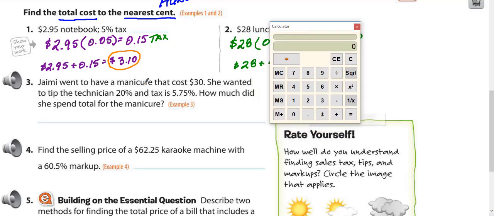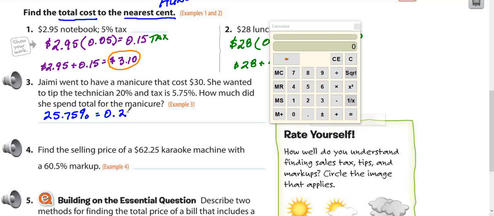Jamie went to have a manicure that cost $30. She wanted to tip the technician $20. The tax is $5.75. How much does she spend in total? You never pay tax on the tip. That's why we can add them together. So we're going to add those together, 20 and 5.75. Altogether, the tip of 20 and the tax of 5.75 gives us 25.75,